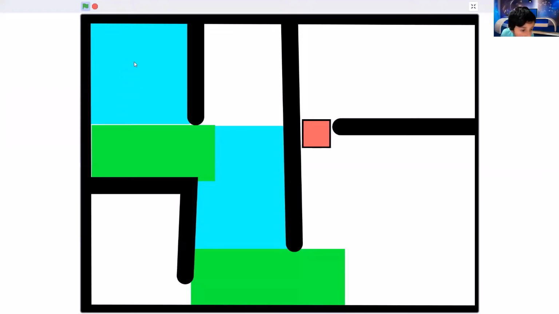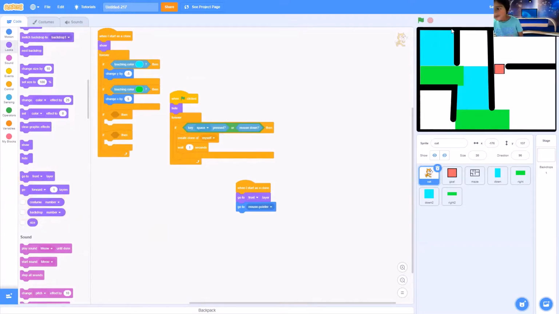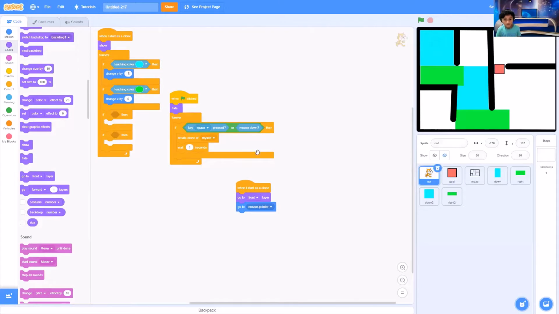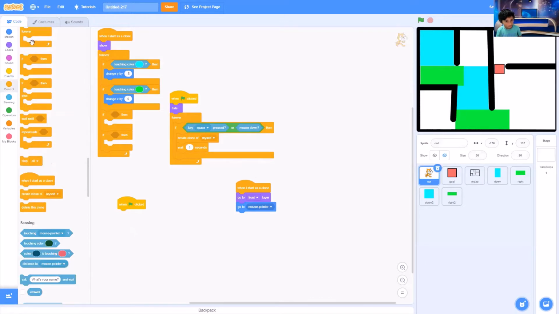But now this is the bad thing. We don't need it, so the cat doesn't need it. We'll just do nothing because that's the space. Now after it does this a billion times, yeah. Now we should add an up to the gold. And also, let's add the when clicked, forever if then touching